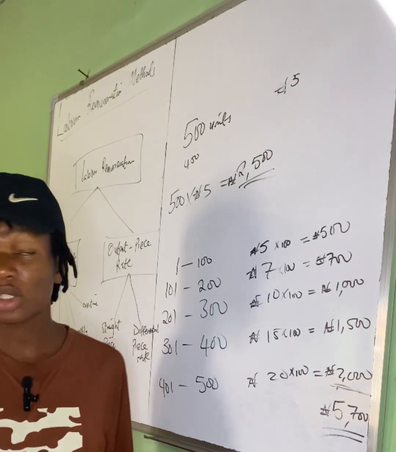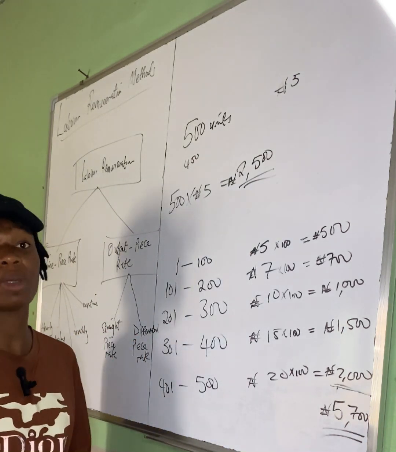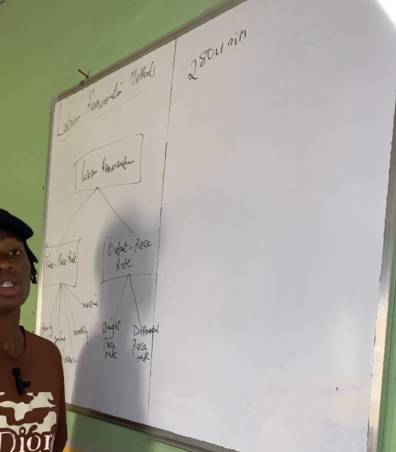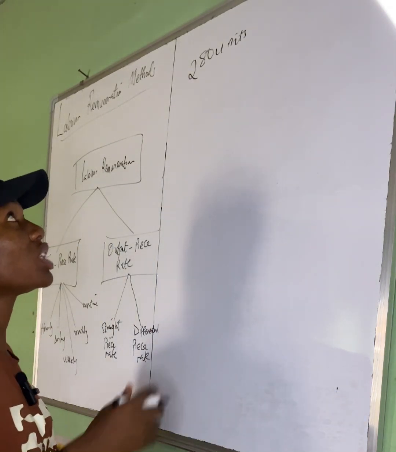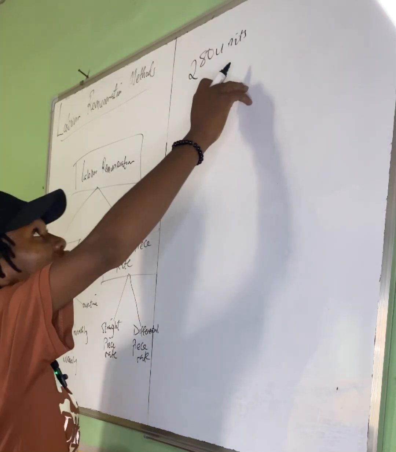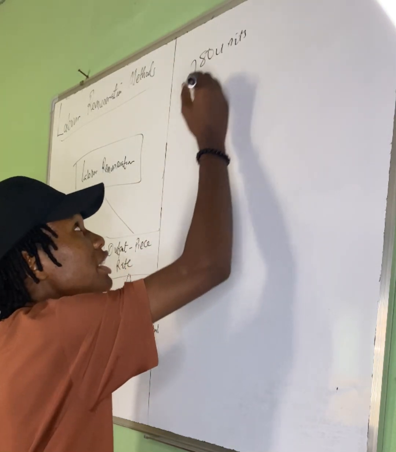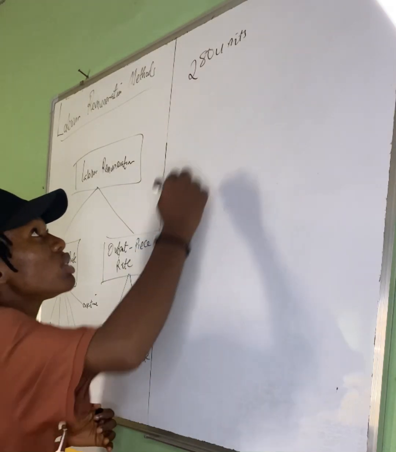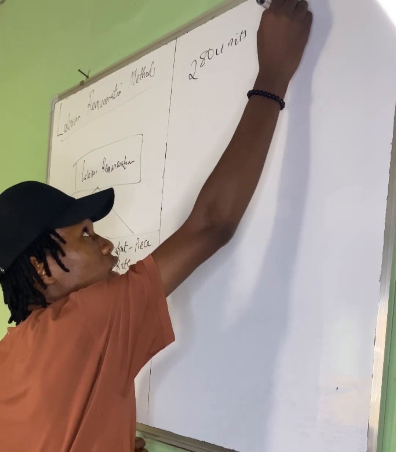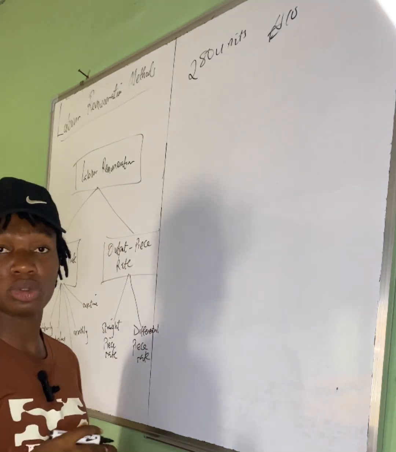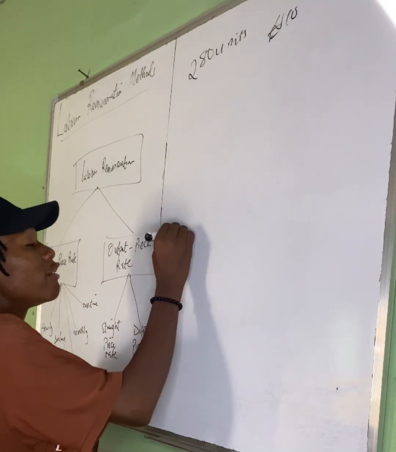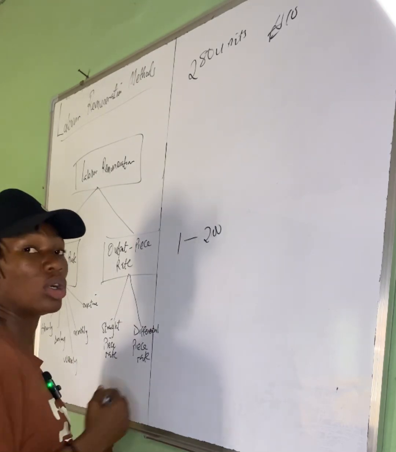All right, now we're still going to take another example. We're still comparing the straight piece rate method and the differential piece rate. Somebody produced 280 units of a product. Under the straight piece rate, let's say we are paying a fixed amount. Like I said, straight piece rate has to do with a fixed amount, right? So we are paying a fixed amount of 10 naira per unit produced. And then for the differential, let's say for 1 to 200 units,